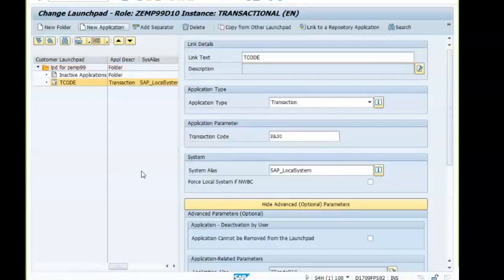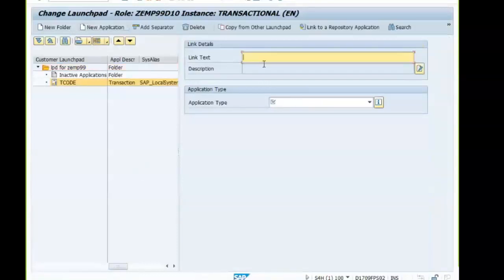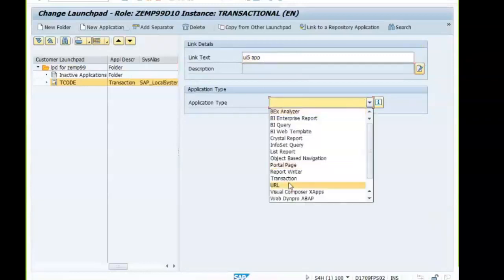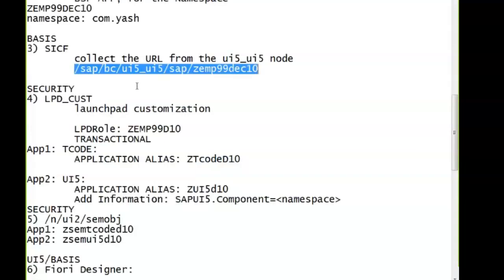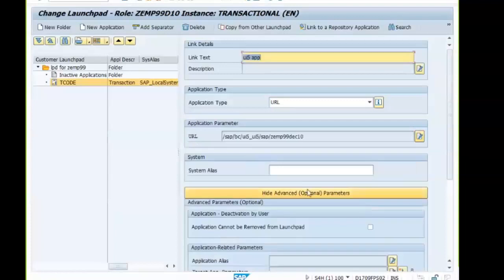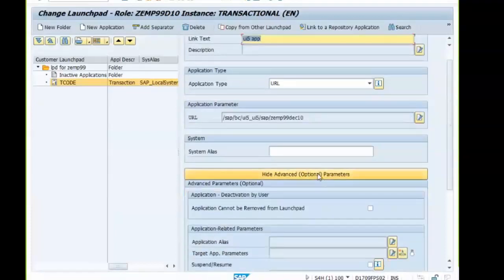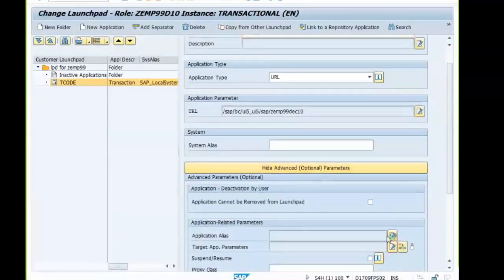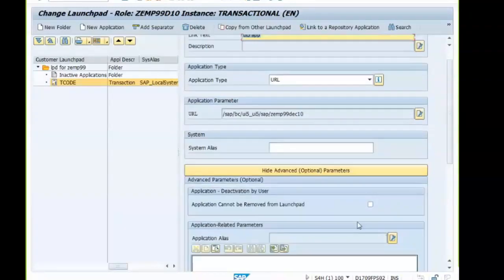Next, we try to use our UFI application. Application type URL. This URL is nothing but the one we collected in step 3. Application alias for the UFI application.